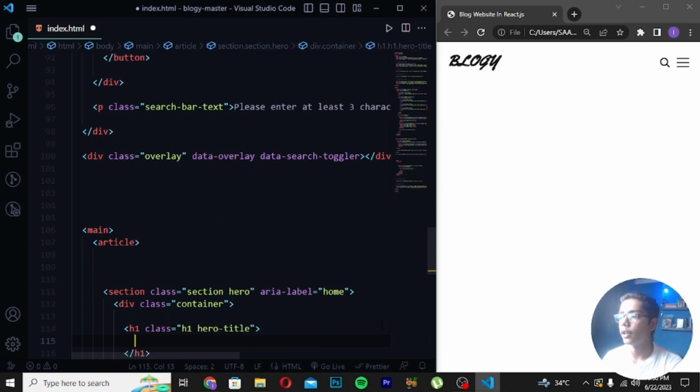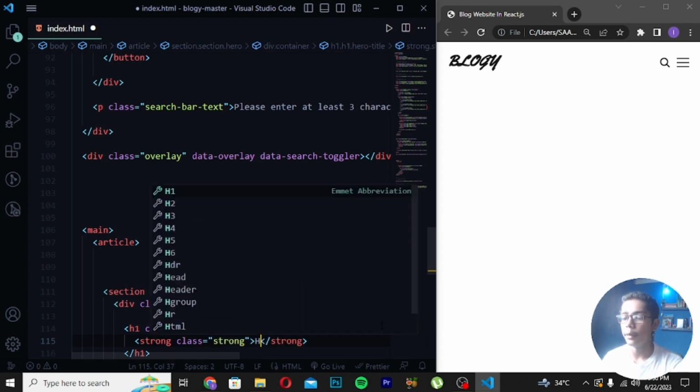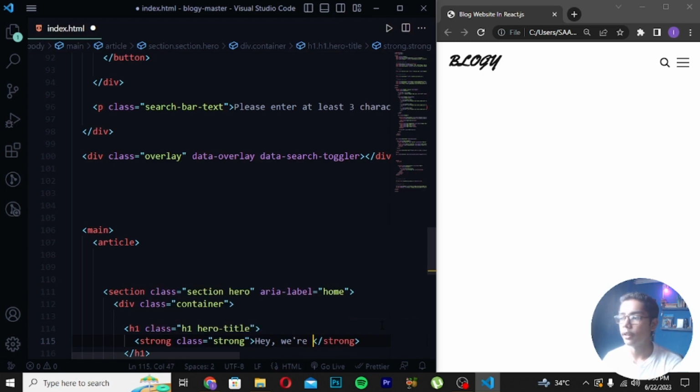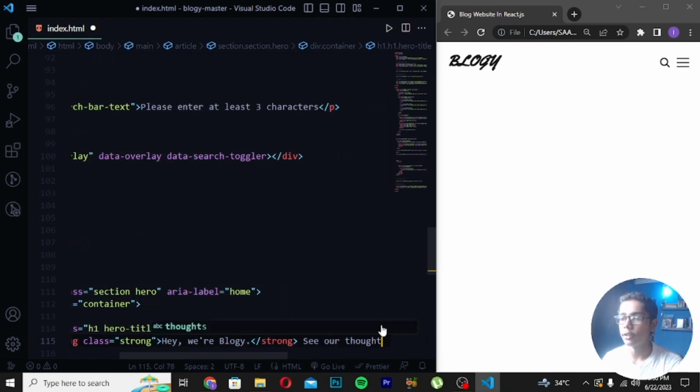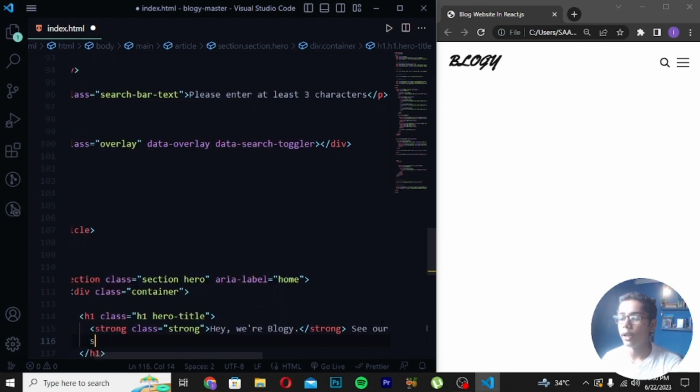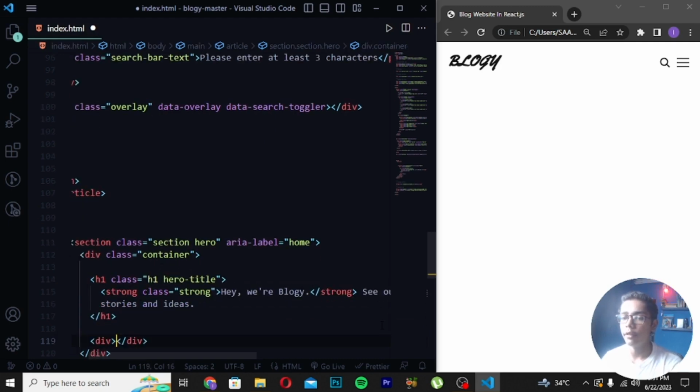Then I will be moving down, right here strong tag. So I will be writing here strong class, and I will be writing strong tag here as well. Then in center I will be writing hey we are like this, then I will be writing Bloggy. Then you can give any of the text like this. So I will be writing here see our thoughts, then I will be writing comma, right here stories and ideas like this. Then you have to directly move down, right here div class wrapper, and then you have to directly